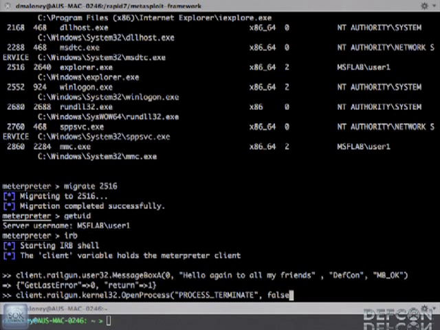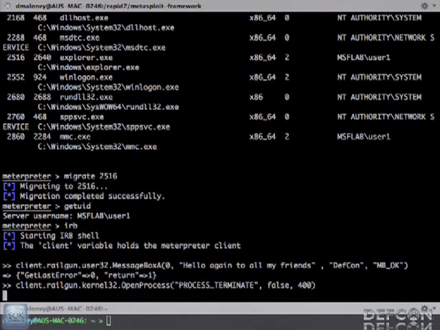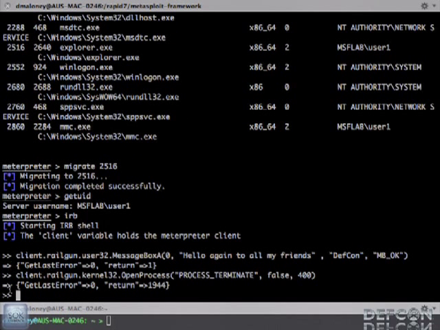That's basically the privilege level that we're opening that handle with. False here has to do with handle inheritance and process manipulation. It's really not important for this particular demo. And then we pass it the PID. And you can see here, this is the return hash I was talking about. We know it worked because our GetLastError is 0, and that number is actually the representation of the handle. So I'm just going to shove that return value into a variable here,